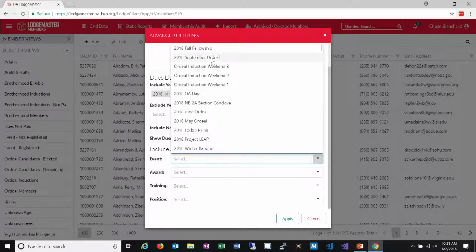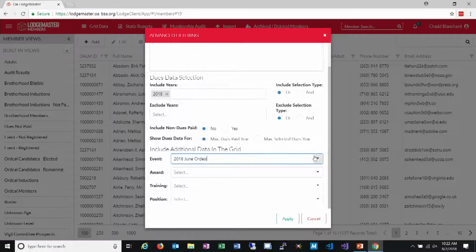Do you remember what event we used yesterday for the not registered? One of your induction events. Yeah, you can use the Juno system, because it's your data. All right, so you select your event. I wanted to make sure I used the one that would actually work for our filters. This is a demo database, so the data is